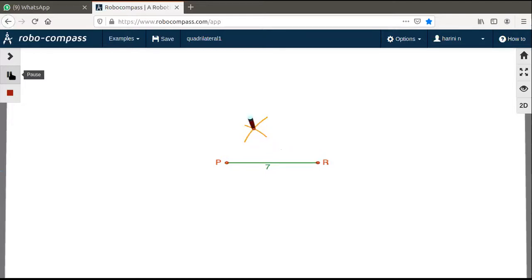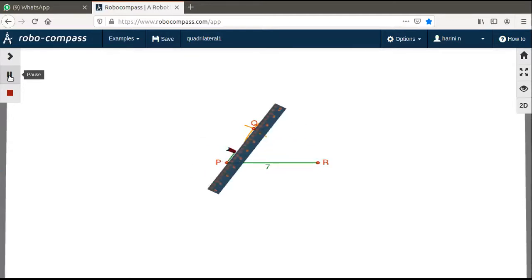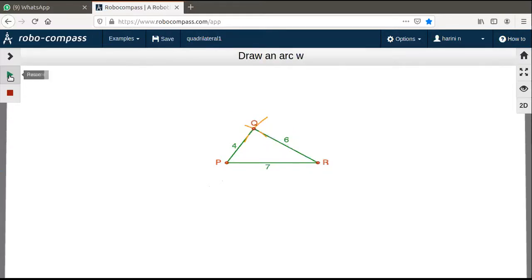Once you mark the point of intersection as Q, what do you think next you have to do? You have to join these 2 points, PQ and QR, so that my triangle PQR will be ready. You take your ruler, keep it at Q and P, join them with a straight line. Then join Q and R with a straight line. Your triangle will be ready. I hope you're doing it along with me. I have joined P and Q, and also now I have joined Q and R. So my triangle PQR is ready.